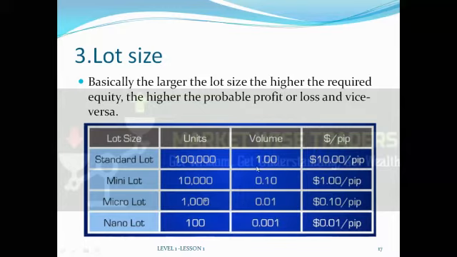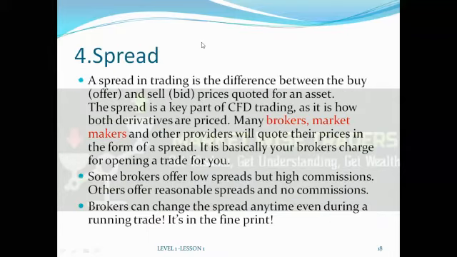Basically, when you place a trade of one standard lot, when price moves 1 pip, $10 has moved up or down. When you place a mini lot trade, 0.1, when price moves up or down 1 pip, $1 is gained or lost. And then the micro lot, which most beginners, retail traders, use, the 0.01, you gain roughly 10 cents per pip.